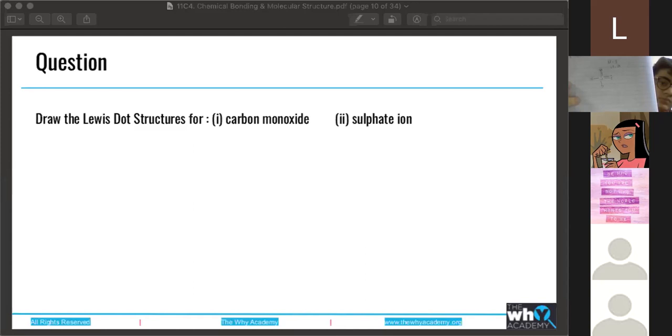Okay, so now it's SO4 2 minus, the sulfate ion. So when you're representing ions, around the structure, just draw two square brackets and indicate the charge. That's all. And the minus charge would be inside the box or outside? Outside. So you're saying that overall the whole structure has two negative charges.